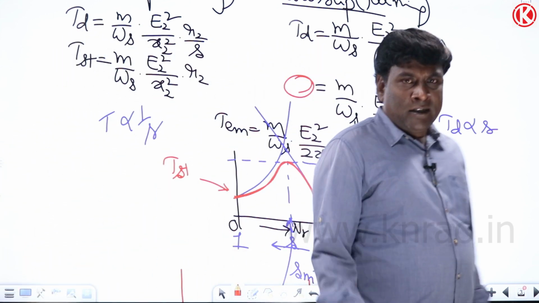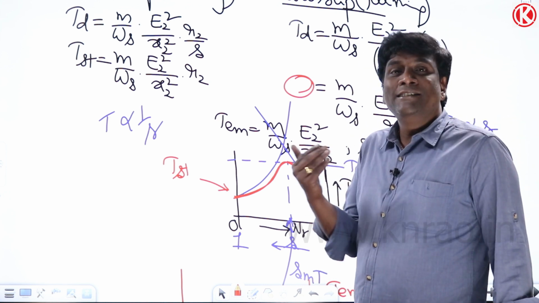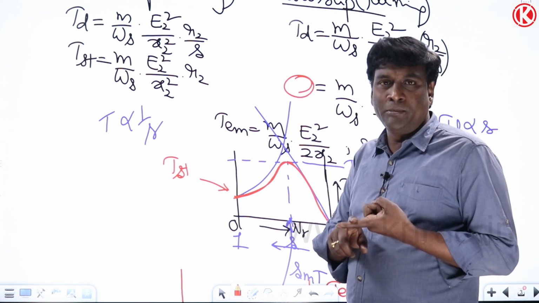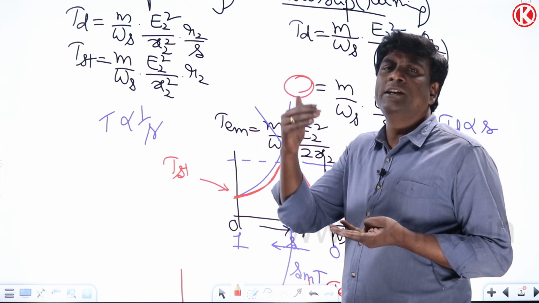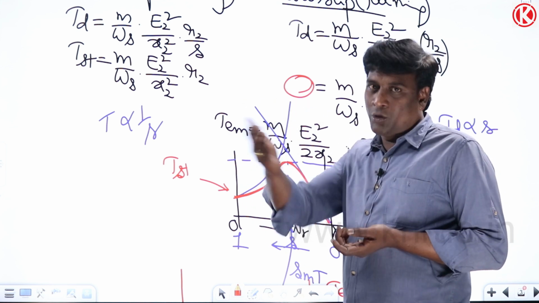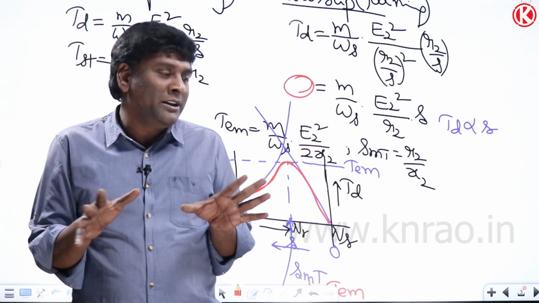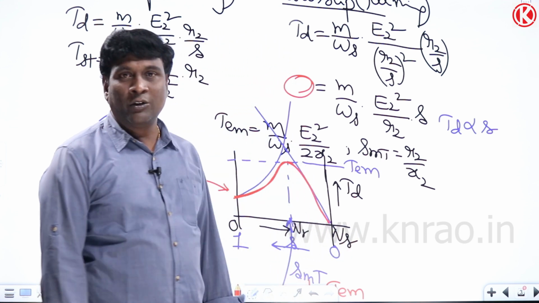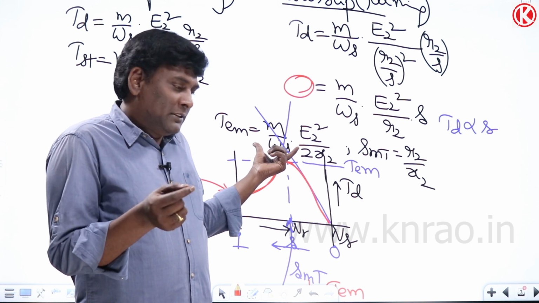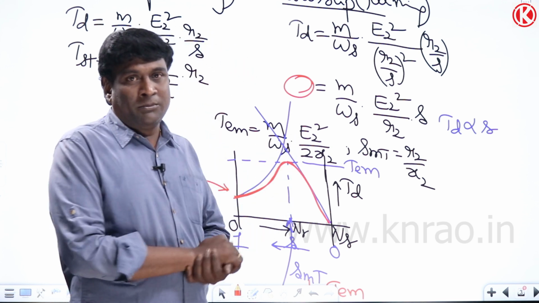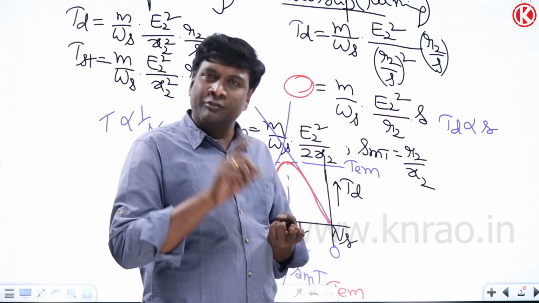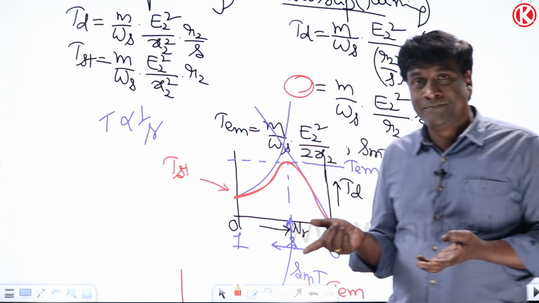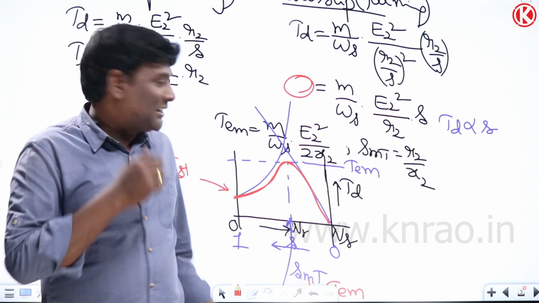For example, on any motor, you are increasing the torque requirement. Say 50 Newton meters torque requirement of the motor, you increase to 100, you increase to 150, you increase to 200, 300, 400. For example, the maximum torque that may be delivered by that particular motor is 500 Newton meters, the maximum pull-out torque. So for 50 Newton meters it works, for 100 it works, for 350 it works, for 450 it works. For 500 Newton meters also it works because of pull-out torque.